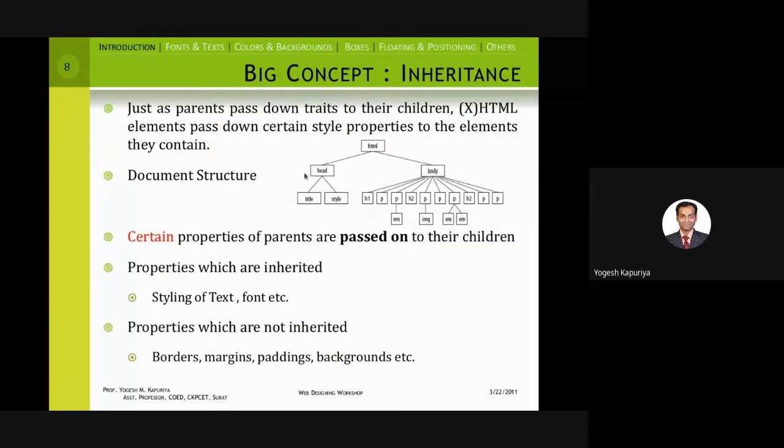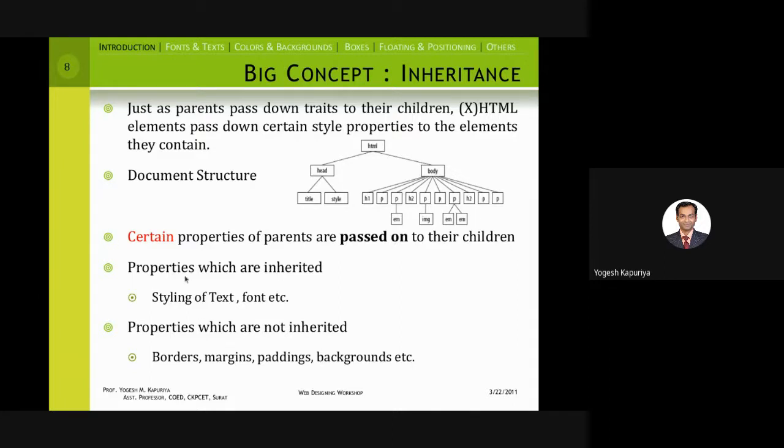Okay. Now how it works: basically, it is inheritance which actually affects these styles. At the top level you have an HTML document, then you have head and body, then inside body you have a number of different tags, and certain properties of parents are passed on to their children. There are certain properties which are passed on to their children, so that is to be understood.